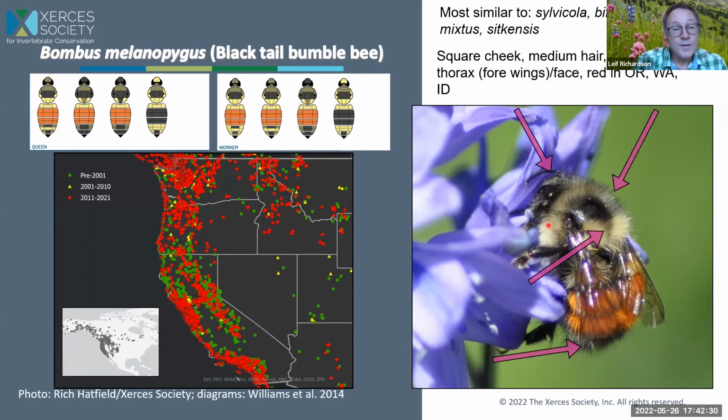And then in most of the West, this bee will have these prominent yellow stripes, red stripes across T2 and T3. The one exception is California, where the bee is entirely going to be black and yellow, except for areas north of Eureka. So we're talking about a very short distance between Eureka and the Oregon border. You can start to pick up the red morphs, or a mix of